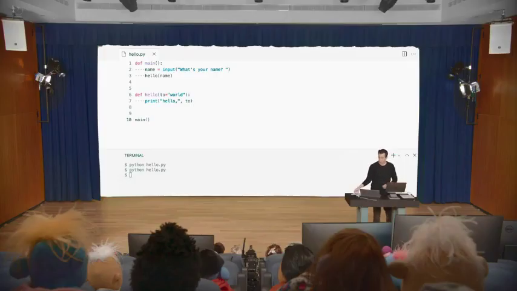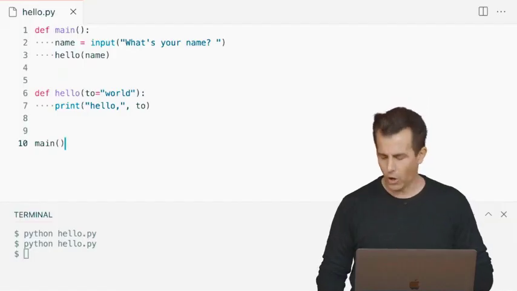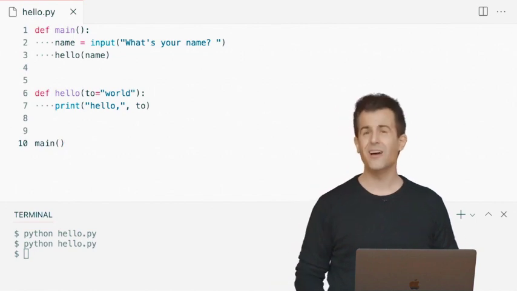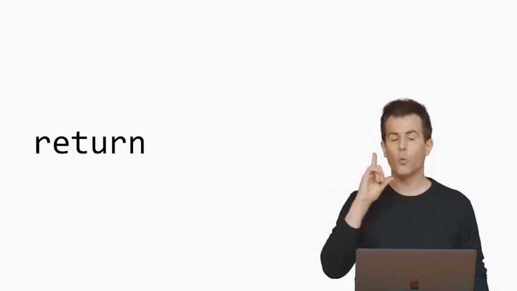And there's one final flourish we can add here. Now that we've implemented hello, you'll notice that hello only has a so-called side effect. It only prints out something to the screen. Well, what if I also want my function to not have a side effect per se, but actually hand me back a value? Recall that the input function returns a value, the string that the user typed in. Recall that the int function returns a value. The float function returns a value that was passed into it. Well, you can use one final keyword here, literally return, to return a value explicitly yourself.